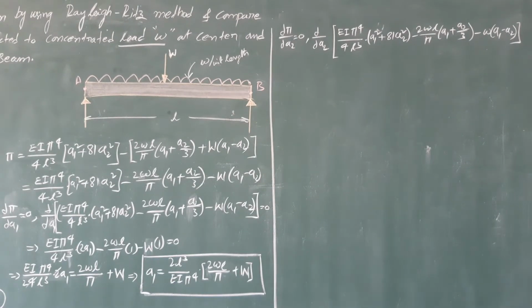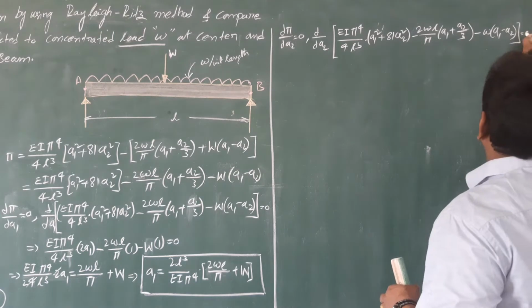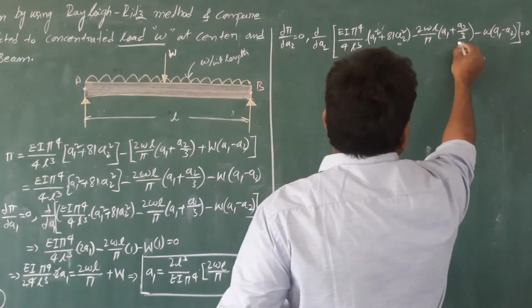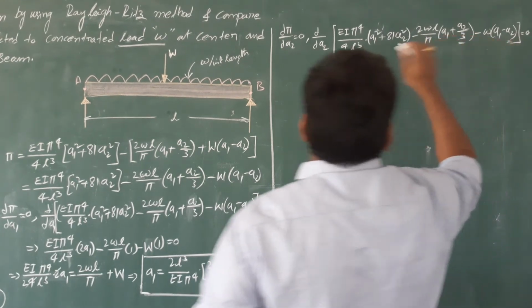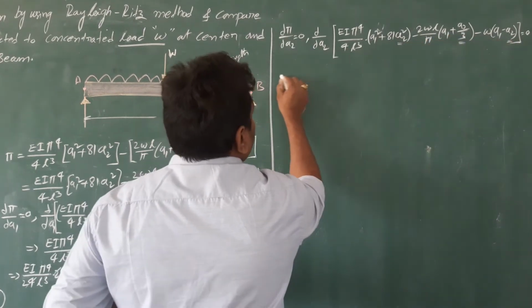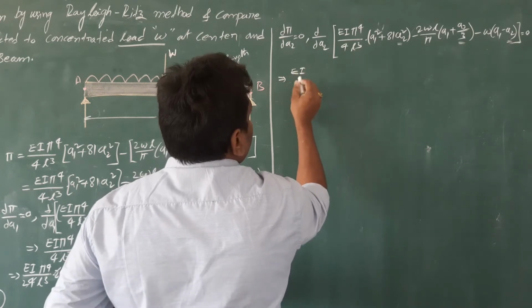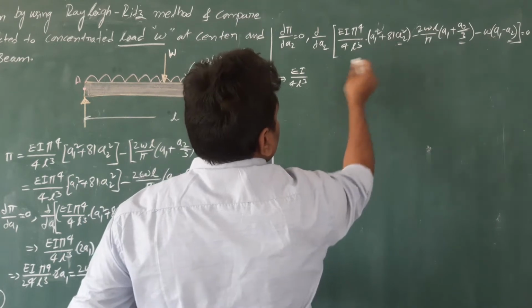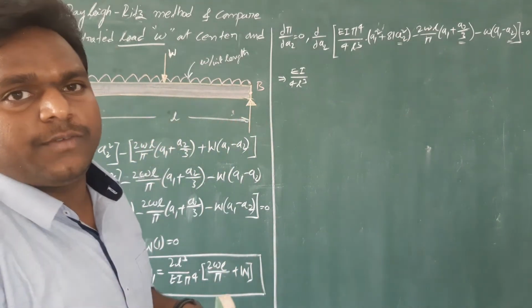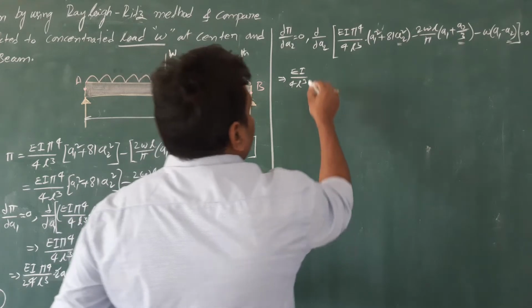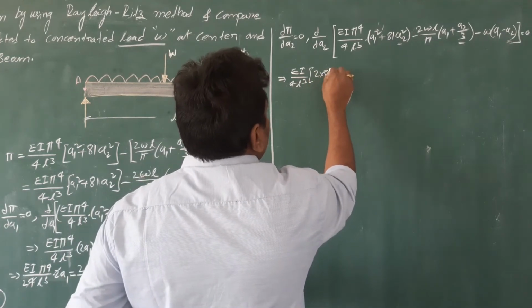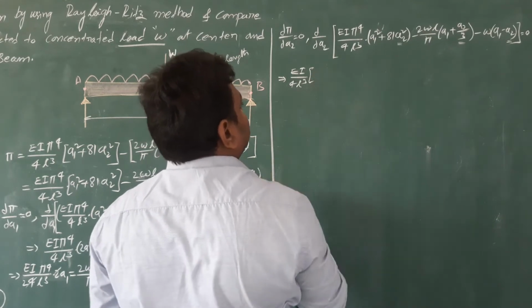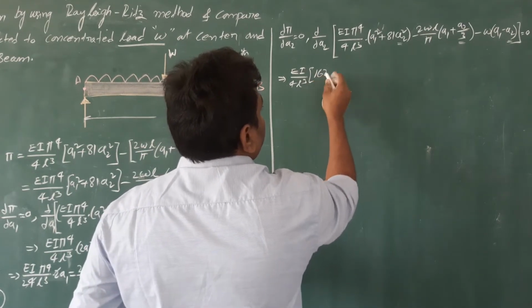Now differentiate it, equal to 0. So differentiate with respect to A2. Here A2 is there, here also there, and here also there. So then they will differentiate. EI by 4L cube into, after differentiation, A2 square differentiation is 2A2. That's why we will write here 2 into 81 A2. So directly I will write here 162 A2,